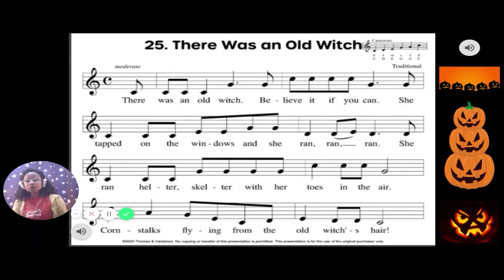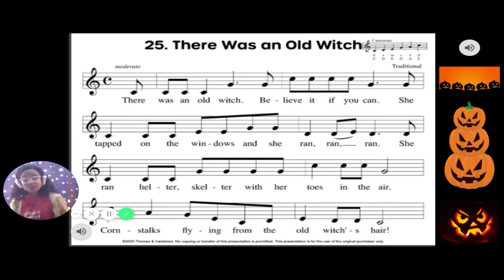So the contour here of the melody is that it starts low and it ascends, it goes higher, and then it comes back down, it descends. And the part that we're signing over and over again with our solfege has this up and down motion the whole time through. So now I hope you know what the word contour means. And it's time to put it all together.